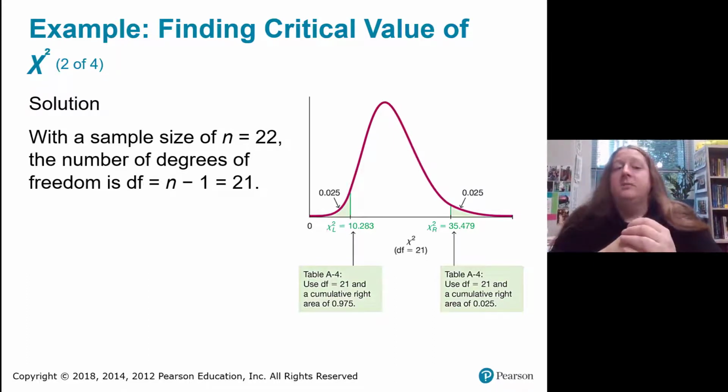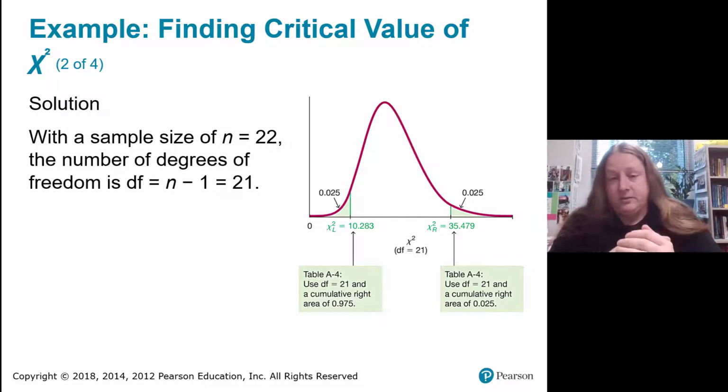So our number of degrees of freedom, we'll be using n-1, so 22 minus 1 is 21 degrees of freedom, and using our table with 21 degrees of freedom and looking for a cumulative right area of 0.975, that's 1 minus 0.025, we find that chi-square for our left, which is also our lower limit, is going to be 10.283, and when we're looking for the cumulative area to the right of 0.025 with our degrees of freedom is 21,